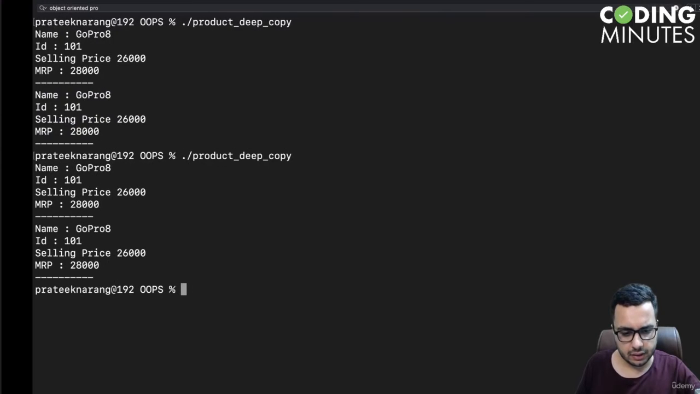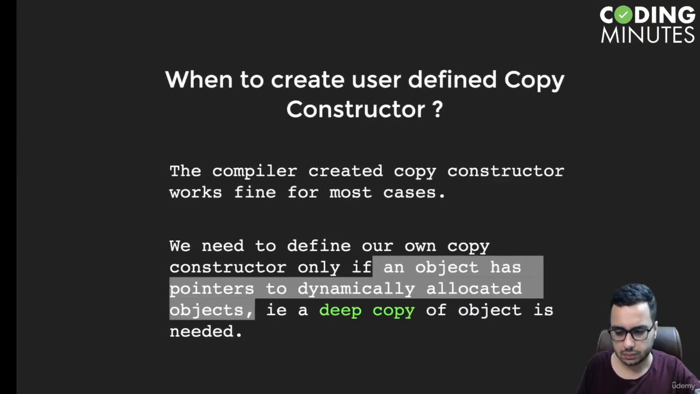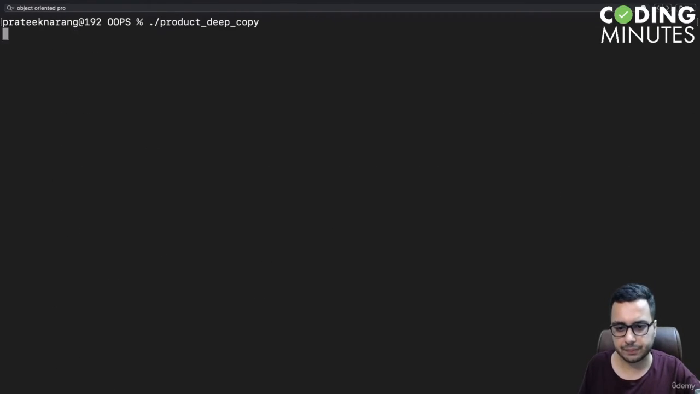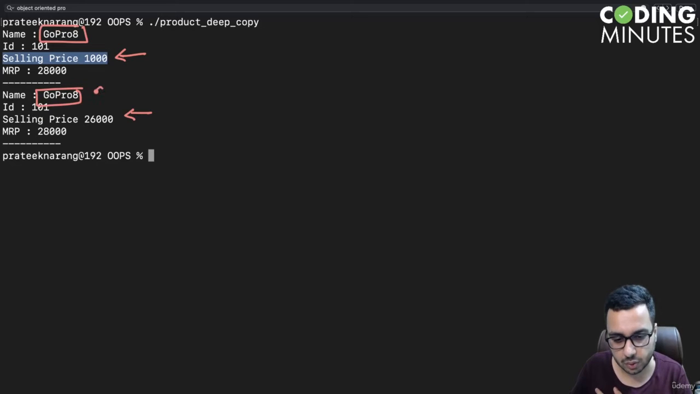And let's build the code. And if I show you, you can see the price of the old camera has been updated as 1000, whereas the price of the new camera is still 26,000. And the name of the old camera is GoPro 8, and this should have been GoPro 9,